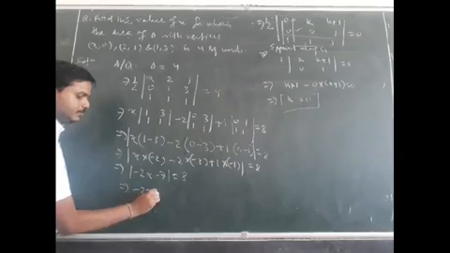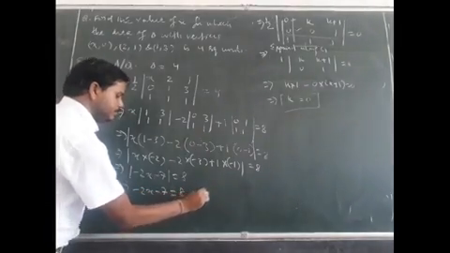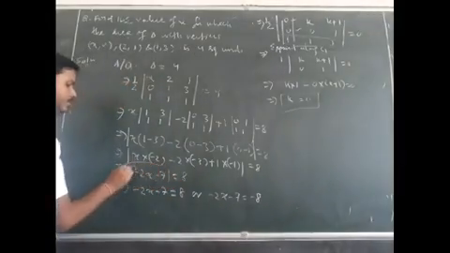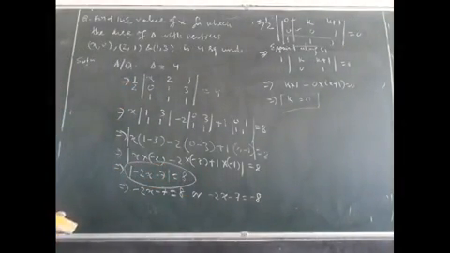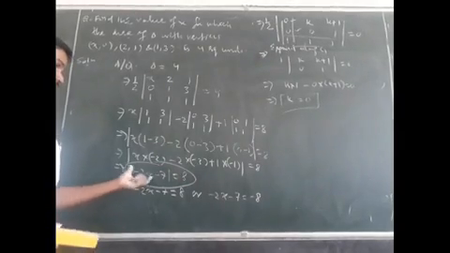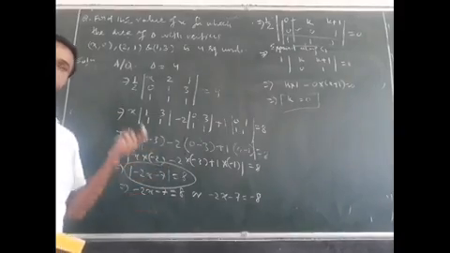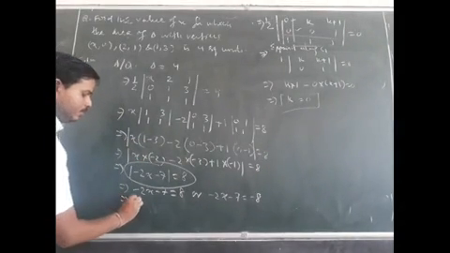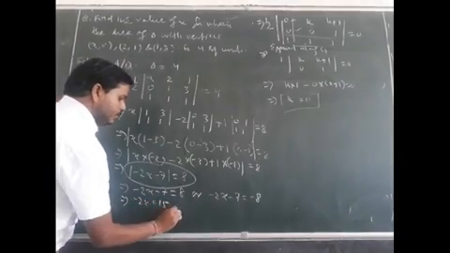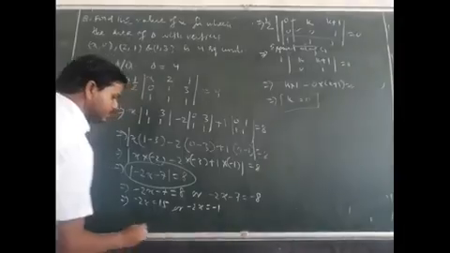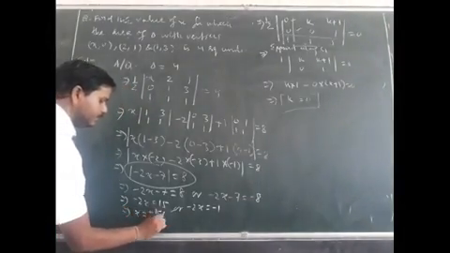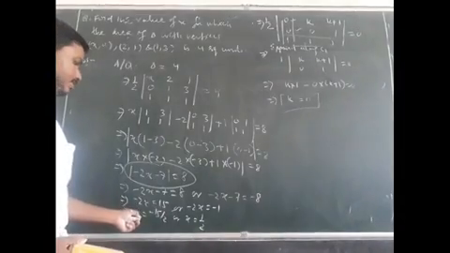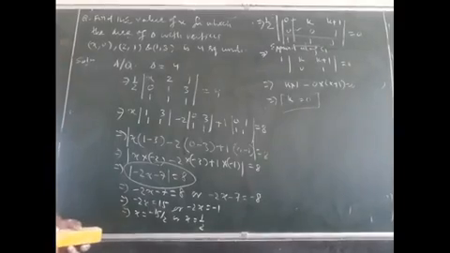So it will be written like this: minus 2x minus 7, it is equal to either plus 8 or minus 8, because I am removing the modulus sign. This is the most important step. Generally children skip this step. So it will generate two values. Whenever you remove the modulus sign, you remove it with a plus or minus sign, right? So this equation will give you minus 2x equal to 15, or minus 2x equal to minus 1. So here x will be minus 15 by 2 or x will be 1 by 2. So there are two values of x which I am getting, either minus 15 by 2 or 1 by 2.